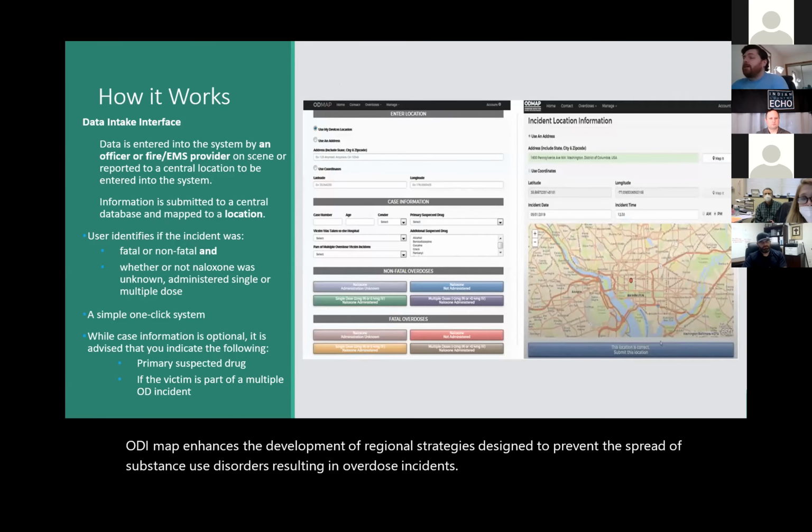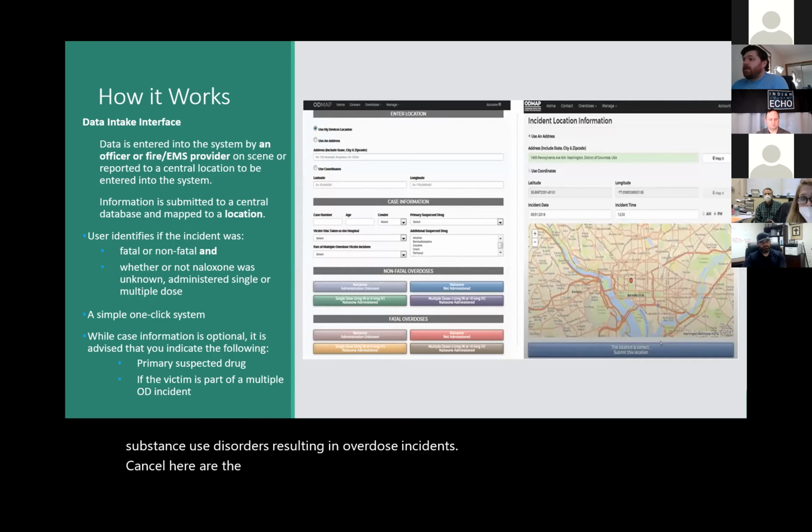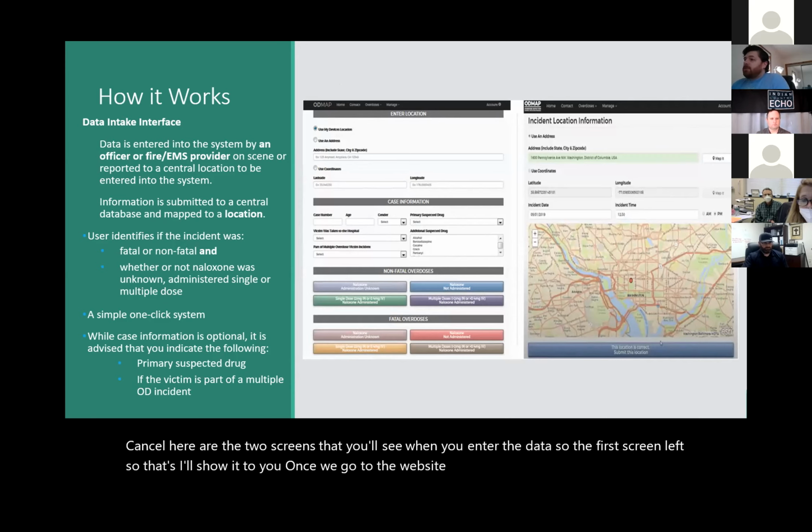Here are the two screens that you'll see when you enter the data. The first screen on the left, I'll show it to you once we go to the website as well. You'll just enter the information right on there.